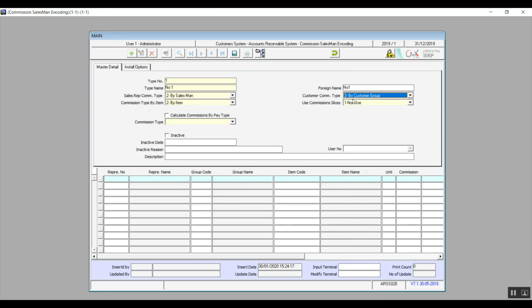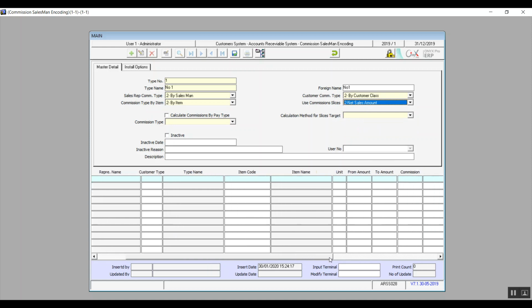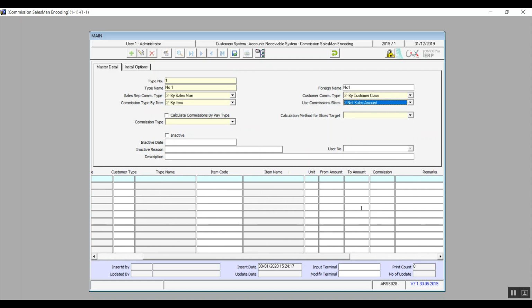Alright, so as for use commission slices, we have not use, and then we have net sales amount. Once we select that option, it will give us 2 new columns in the table, from amount and to amount. In these 2 fields, we will determine the limits of the net sales value so that this salesperson can get their commission for this specific item with this specific customer group when they achieve net sales value after the discount, of course, in the range that we've